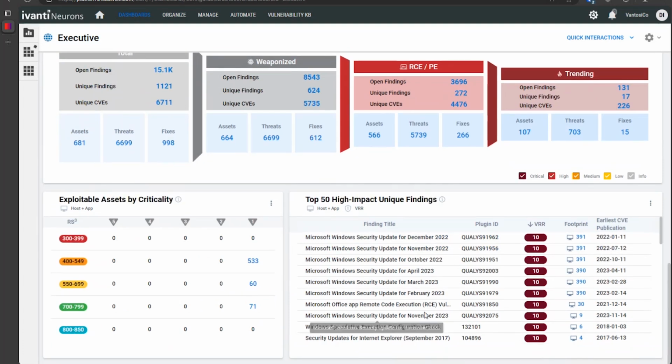Other information down here below. Remember we talked about the asset criticalities, so it's broken down to 1 through 5, and the RS3 score, so you can see where most of the data is, where most of the assets sit at a glance. And then the unique findings, this is just the top 50. So the highest number of assets need this particular